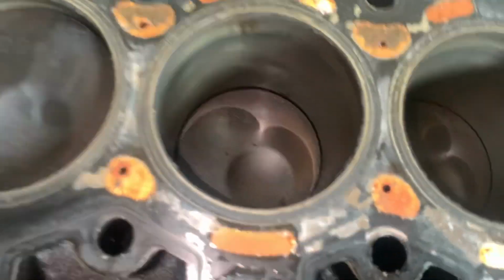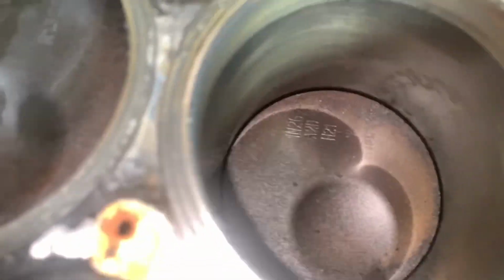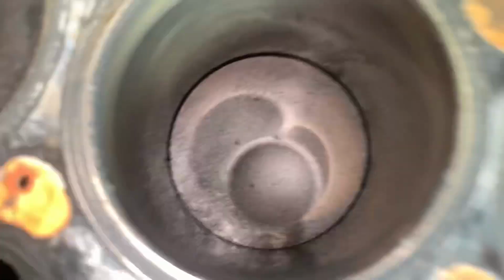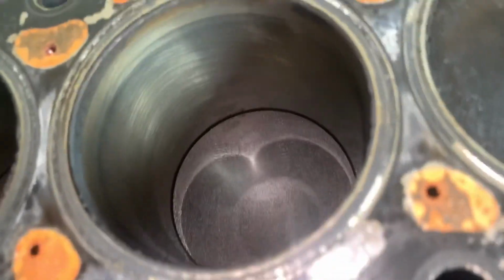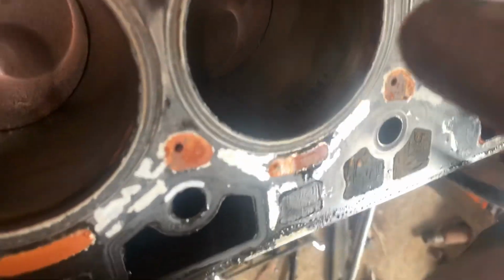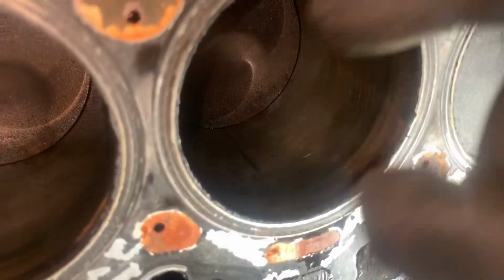Number 2 and 3 are on the same stroke cycle, so we can check 2 and 3 at the same time. Gorgeous. No scores. Very sexy. Both there. A little bit of what looks like leakage, and funny enough, this was the cylinder that we thought had a tiny bit of leakage, cylinder 3, so that may need maybe some piston rings, but the bore,